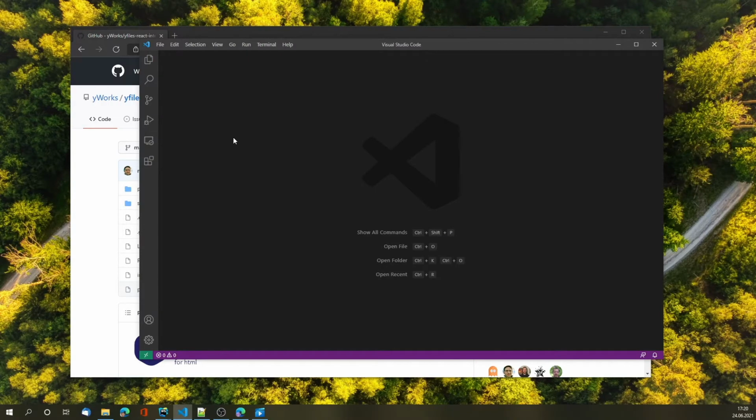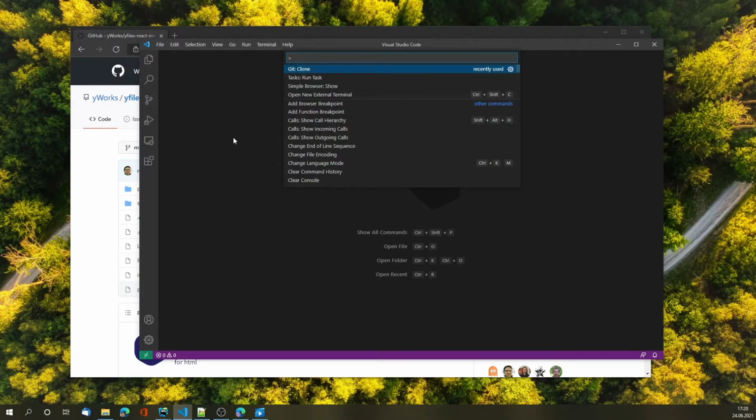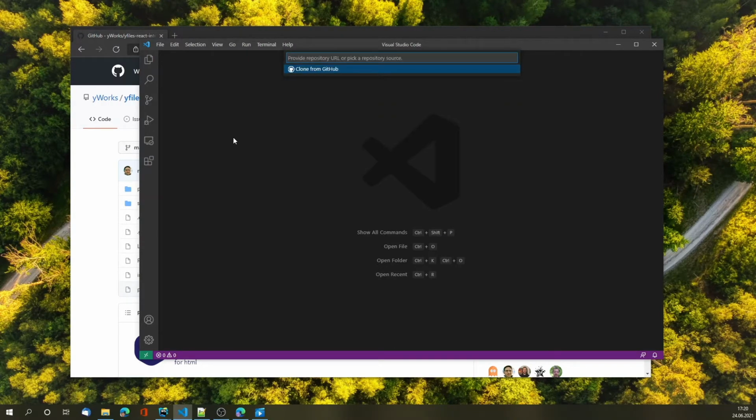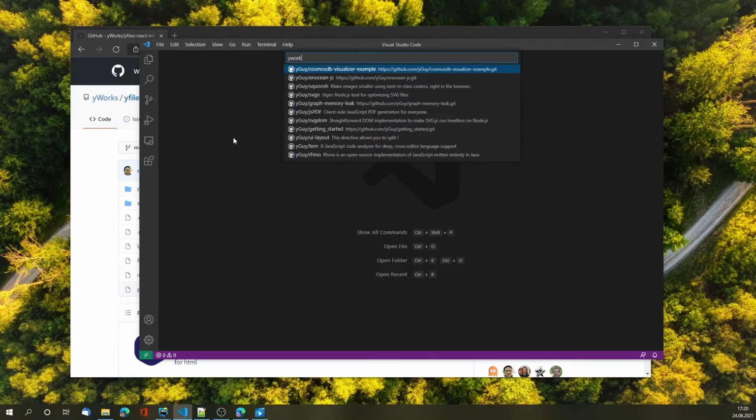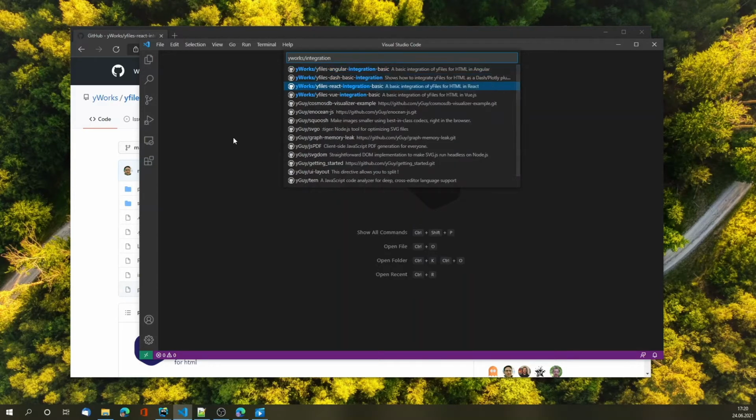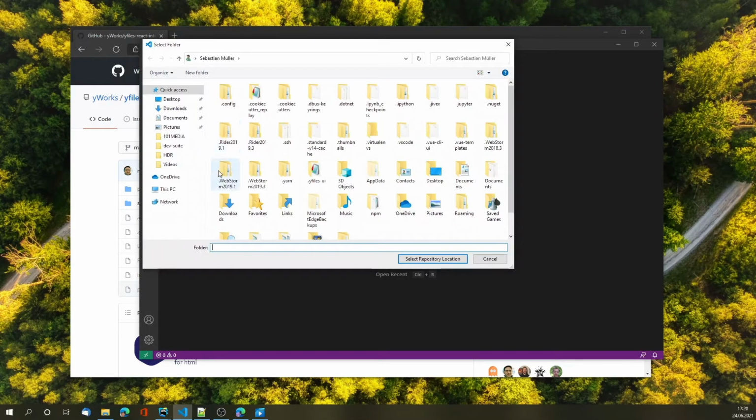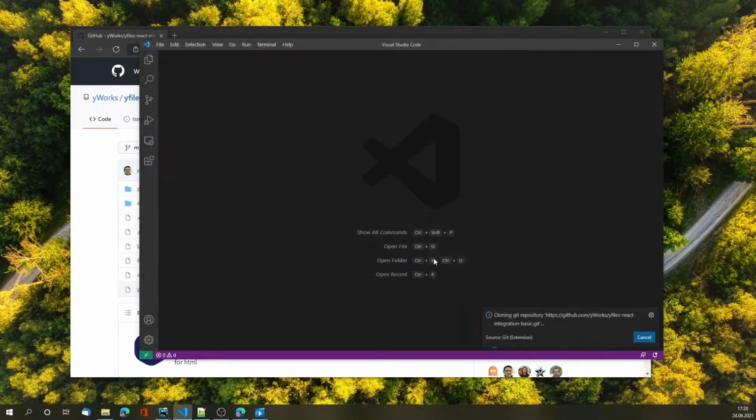The very first step, however, is always the same. It's about cloning one of the repositories. So in this case, I'm going to search for the integrations on our GitHub, and let's go with the React app integration. So I could be just choosing the desktop in this example, and if it's next to your installation where you